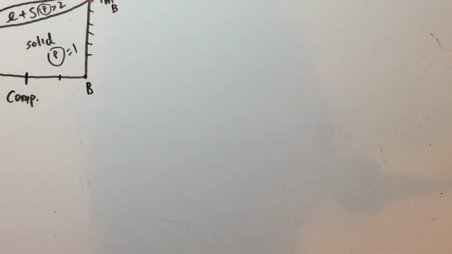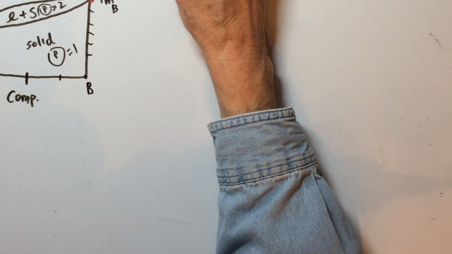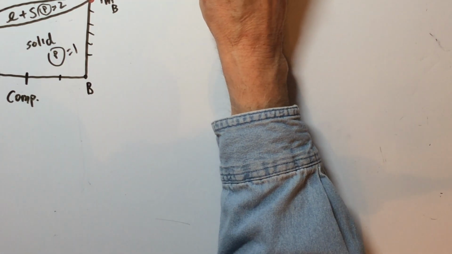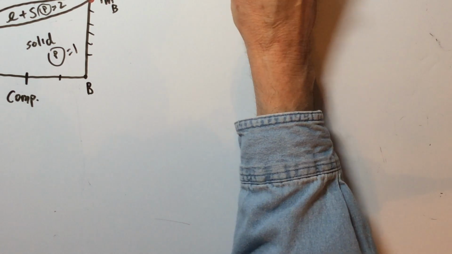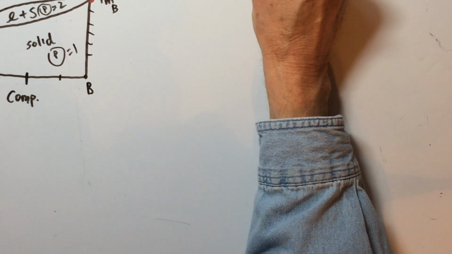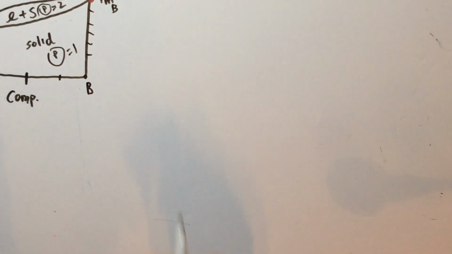Okay, now let's look at what's going to take place here on this diagram. If we know a temperature and composition,